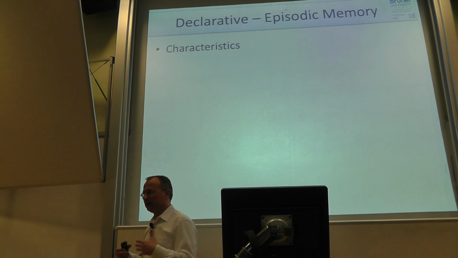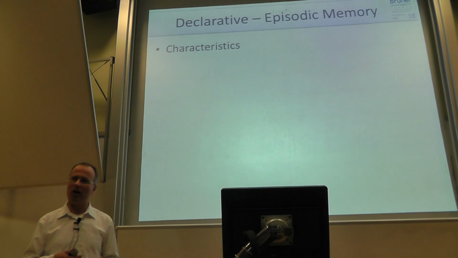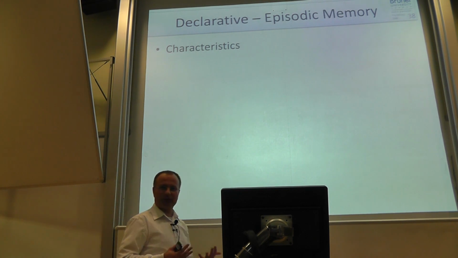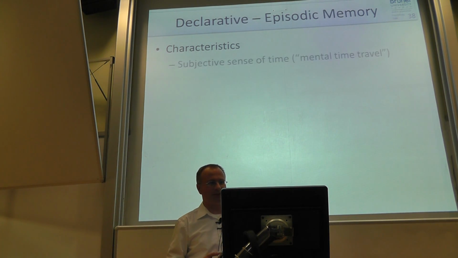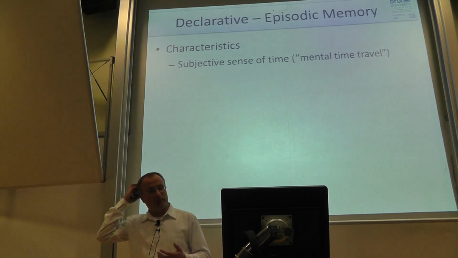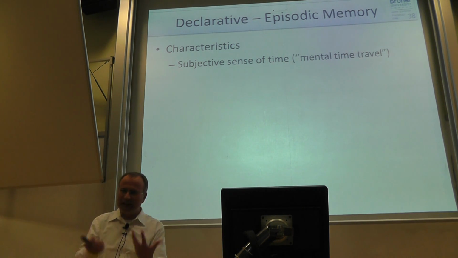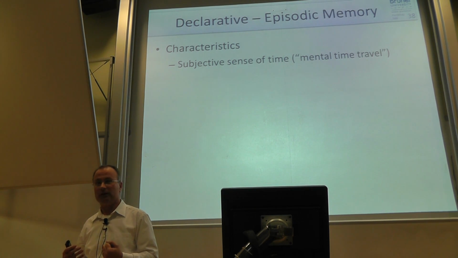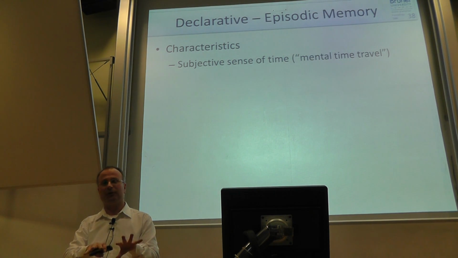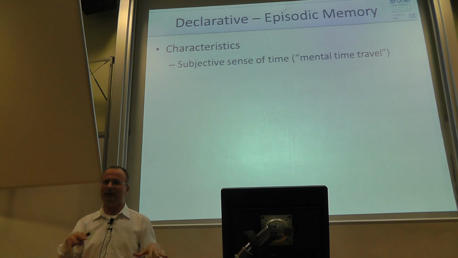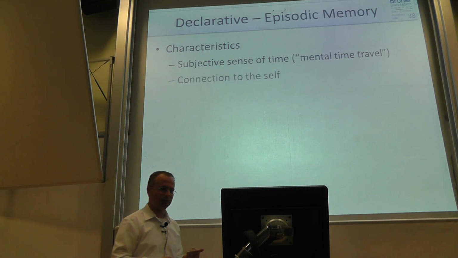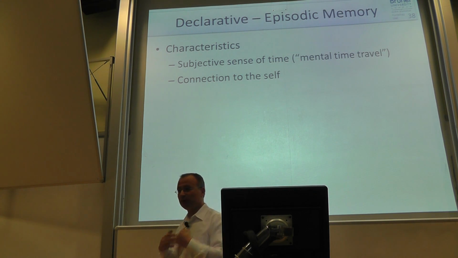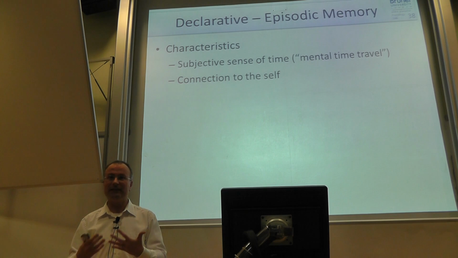So let's have a look at the characteristics of episodic memory, and they boil down to this concept of remembering some event. You have a subject who spends time, and you remember something. It's a little bit like a mental time travel. You may close your eyes and go back to that time. Oh yeah, my first kiss. It was like that, it was smelling nice. We have a strong connection to ourselves, because our own personal memory feels different than this.